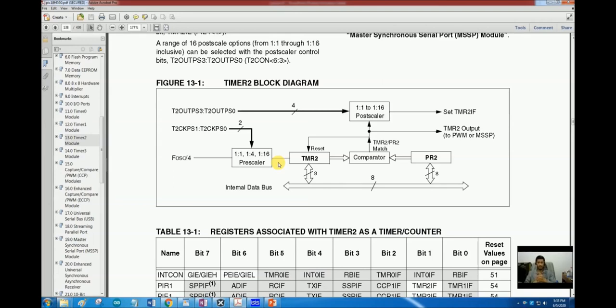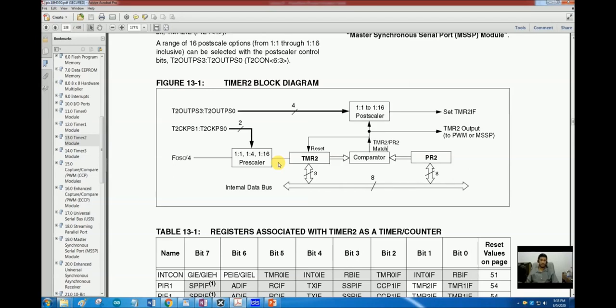If I want to generate a waveform, in that case I will just complement the port bit and return, and I can enable interrupt for timer 2 also. So I can just keep waiting, load PR2 with 100 and start the timer, and not stop the timer again. So each time the TMR2 is equal to the PR2 register, the timer overflow flag will be set and the timer interrupt will occur, and inside the interrupt routine we will toggle the port pin as we did in our previous lecture.